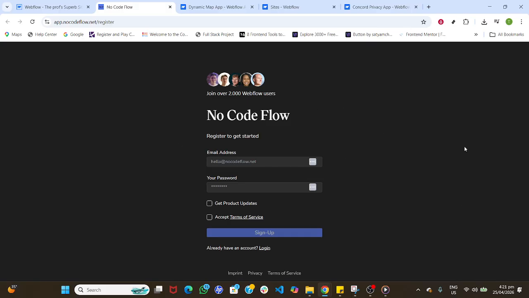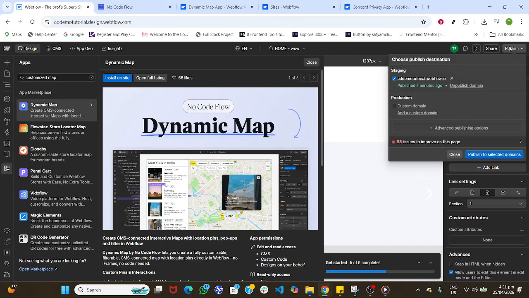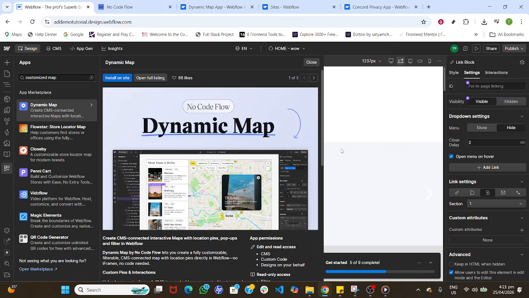Before publishing, preview your site and test the map. Zoom, pan, open pop-ups, and try the filters. If pins aren't where you expect, double-check your location fields. Once everything looks good, publish and you're